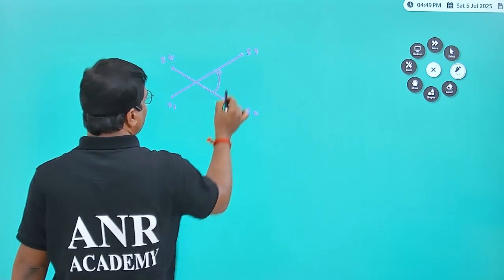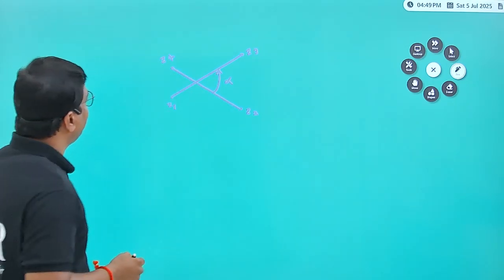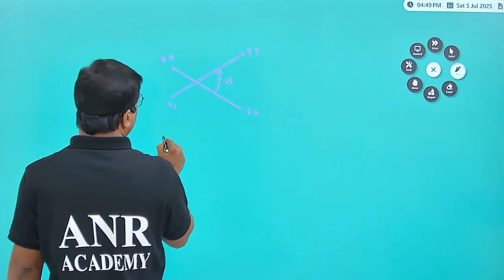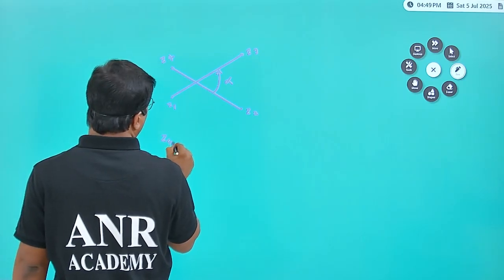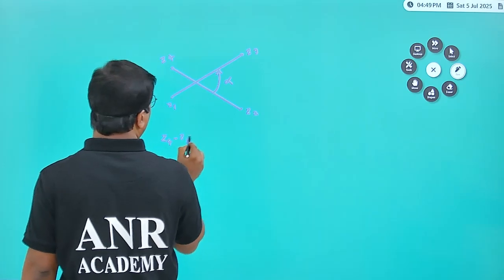Suppose the angle of rotation in the counterclockwise sense is alpha. Here Z4 minus Z2, this is the initial vector,